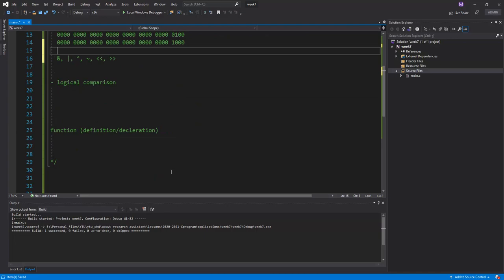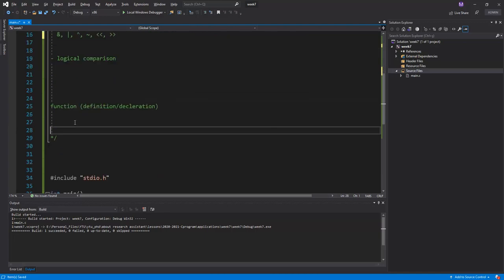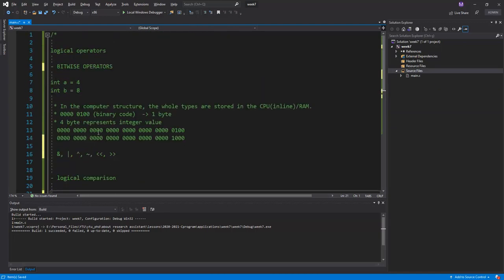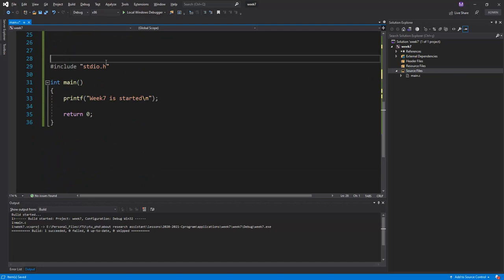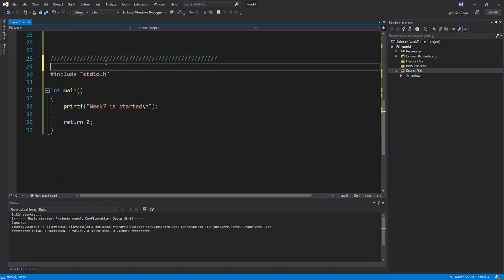Okay, these are the main structure of this lesson, and so we can use 2 examples in order to explain the characteristic behavior of the bitwise operators in the C programming language. Okay,